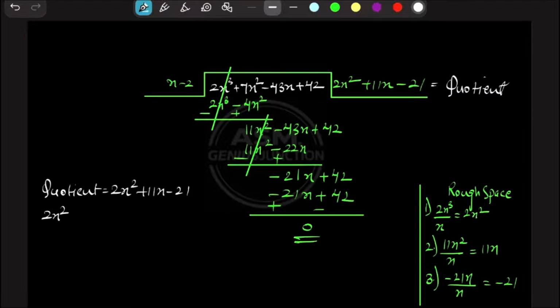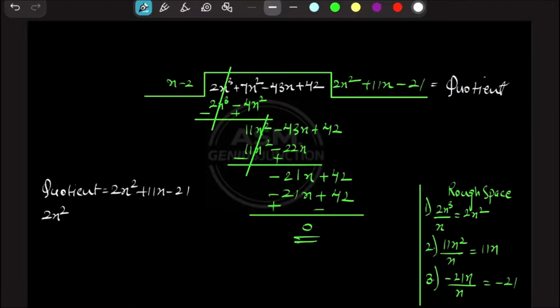I need product equals to minus 42 and sum equals to 11. So it is 14 threes are 42. So now we need to factorize this quotient, and we need two numbers whose product is minus 42 and their sum is 11. So two numbers are going to be plus 14x and minus 3x, because 14 times 3 is 42,